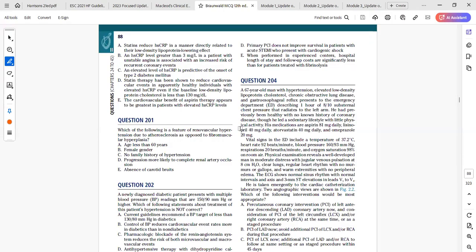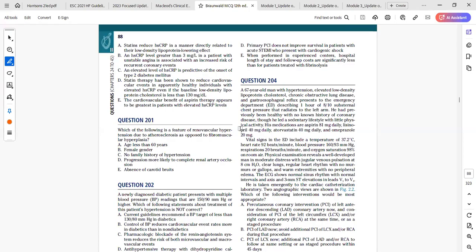Patients who have atherosclerosis are older and they have a high systolic blood pressure. Patients who have fibromuscular dysplasia are younger and more often female, and they have no family history of hypertension, and they also have less evidence of target organ damage. Patients who have fibromuscular dysplasia are also less likely to progress to complete renal artery occlusion, unlike patients who have renovascular hypertension due to atherosclerosis.